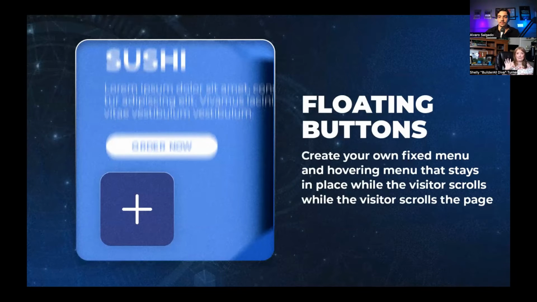So if you have maybe a help desk and you want to make sure that they have access to that help desk at all times, you can put that button there. It's a floating button. So as they scroll up and down, that button stays in place and they can click it anytime they want to. So that's another great feature. And again, it's customizable to match your branding and your company identity.